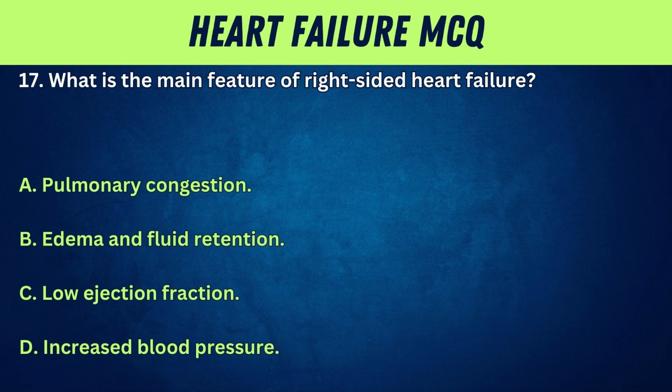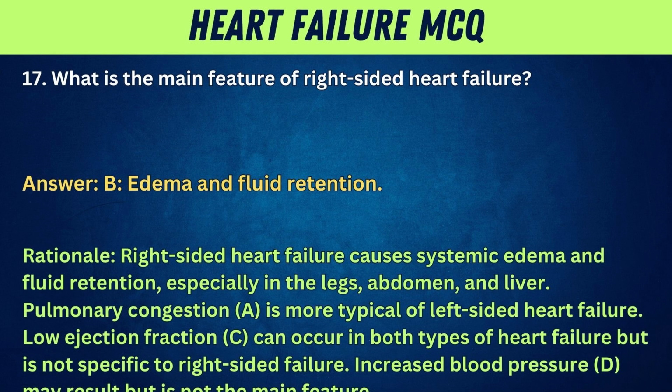A. Pulmonary congestion. B. Edema and fluid retention. C. Low ejection fraction. D. Increased blood pressure. Answer: B. Edema and fluid retention. Rationale: right-sided heart failure causes systemic edema and fluid retention, especially in the legs, abdomen, and